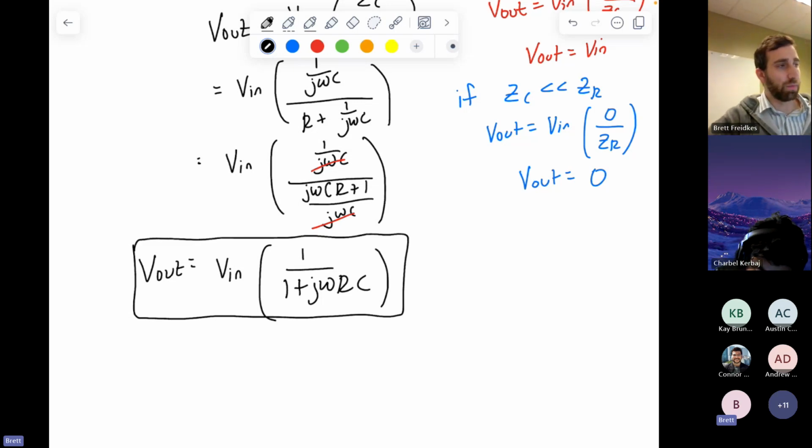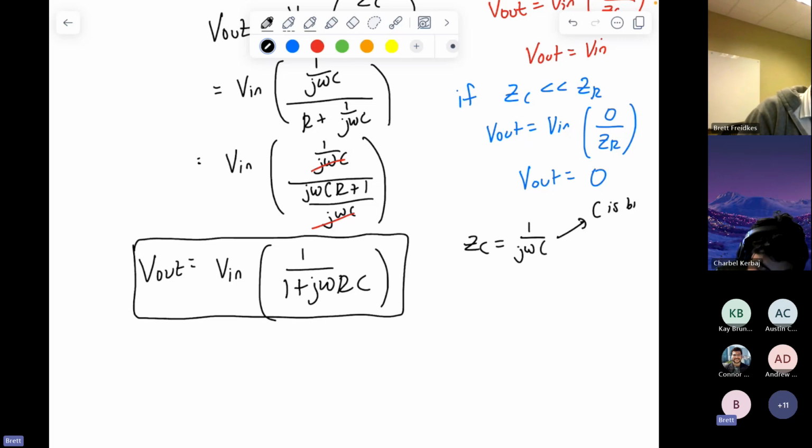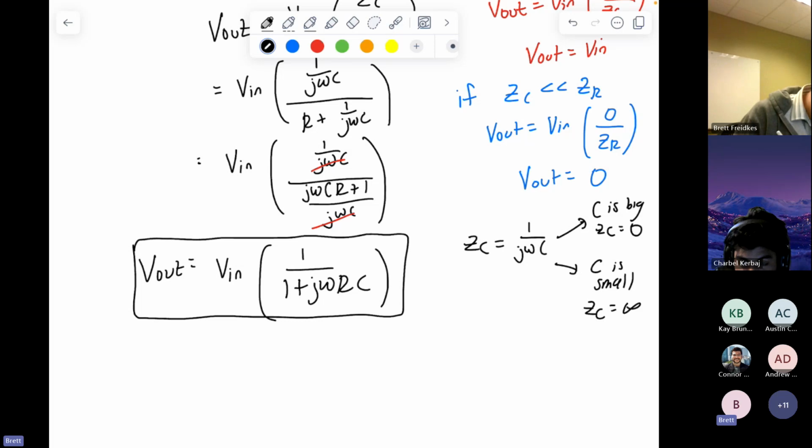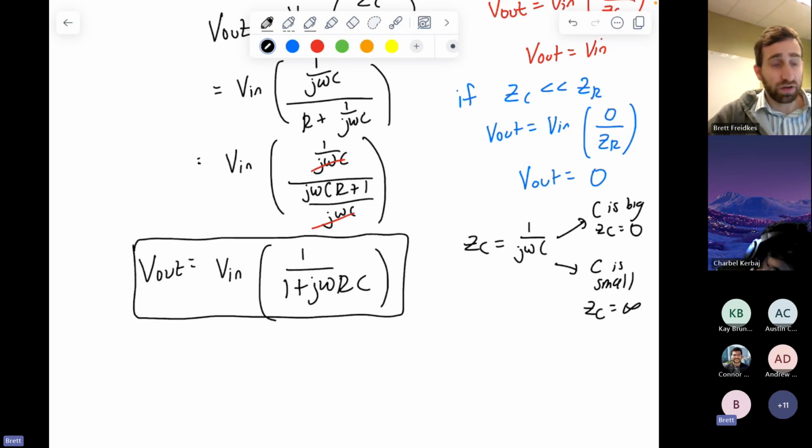And that is our voltage output. And remember that ZC was 1 over j omega C. So if C is big, ZC is 0, or approximately 0 if it's really big. If C is small, ZC is infinite. And we see that this equation that we derived follows suit, because if C is big, this whole denominator here